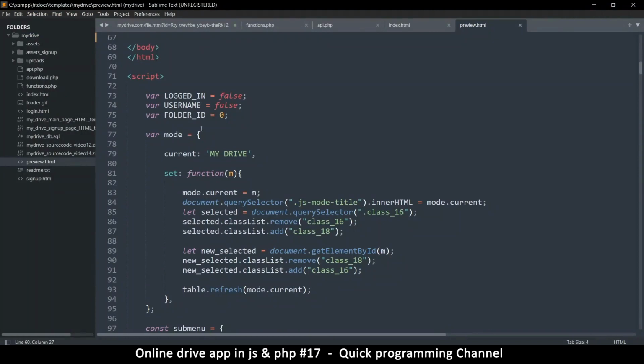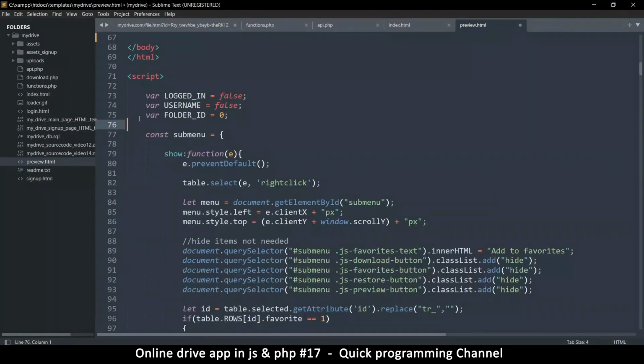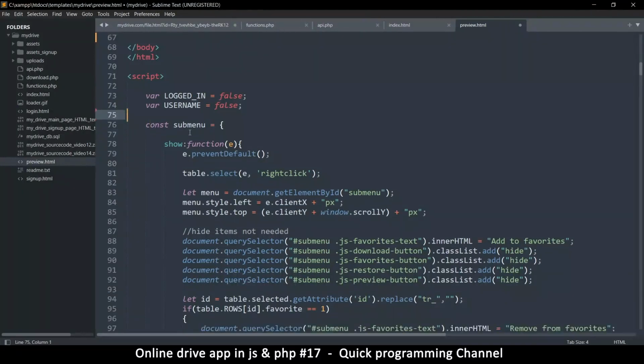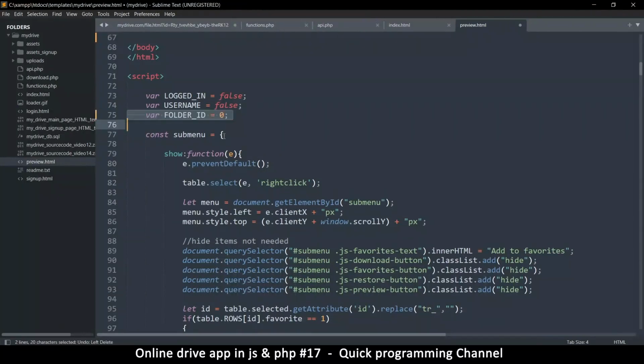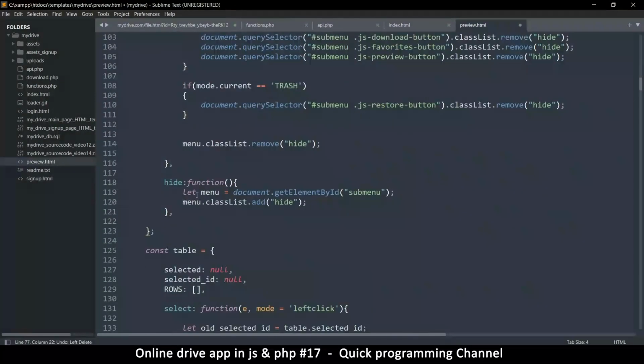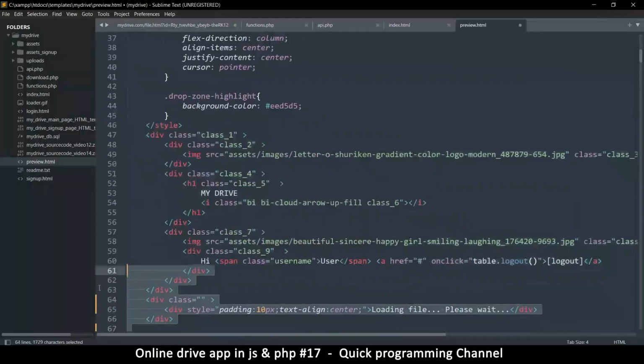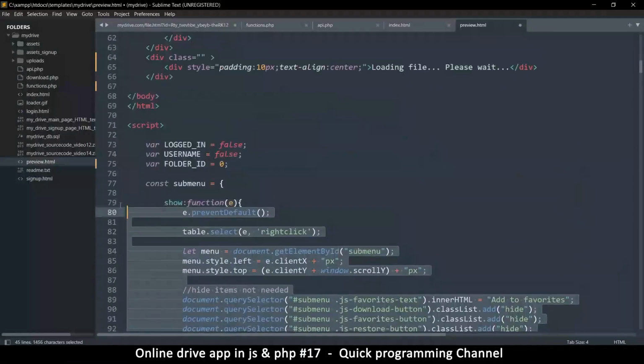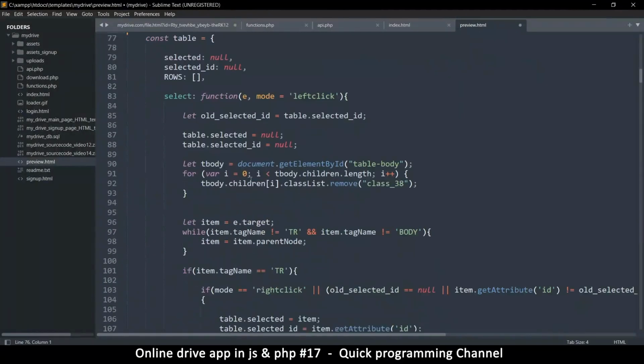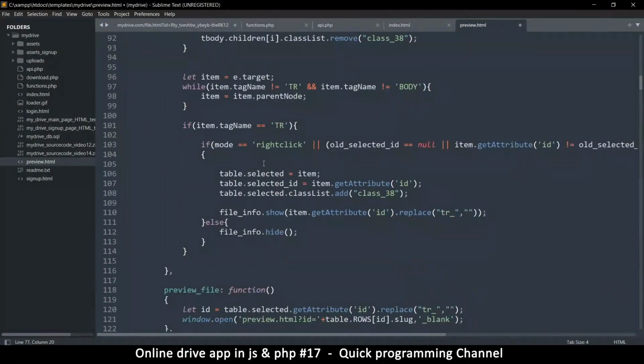So we don't need to deal with the mode. So let's delete that. We don't need to know the folder ID. So let's remove that. In fact, logged in is equal to username. Okay, I will leave these guys. I think the folder ID may be the only thing. Anyway, I'll leave this. We don't need a submenu here at all. So I'm just gonna, let's go here and remove that. We are not going to have a table, but